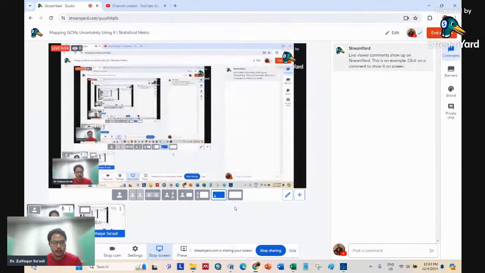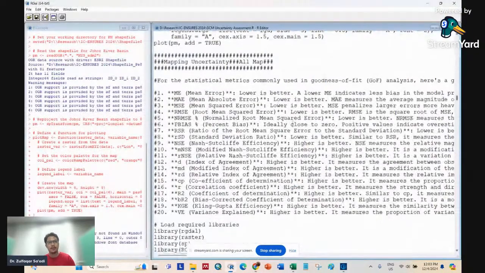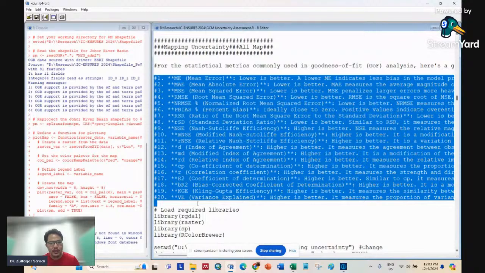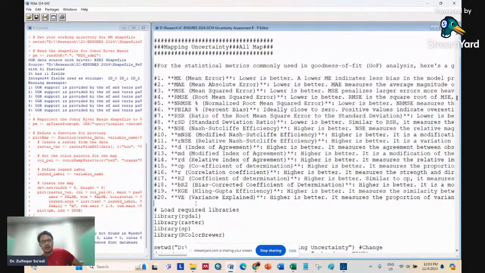Okay, so this is the code that I have prepared. We want to map 20 uncertainty metrics here. It's up to you; if you have more results, then it's better. For example, we have mean error, mean absolute error, mean square error, RMSE, normalized RMSE, p bias, RSR, RSD, NSE, MNSE, RNSE, index of agreement, modified index of agreement, relative index of agreement, coefficient of